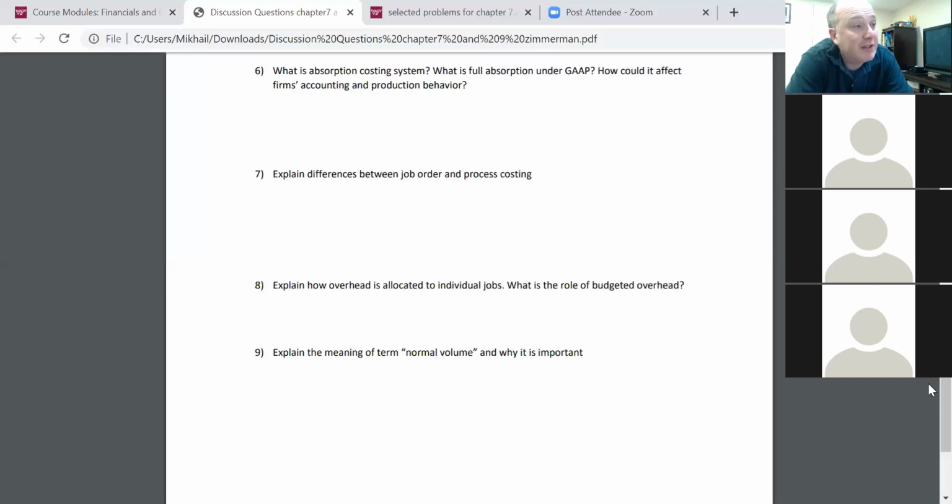So this $50,000 you've under-applied to different jobs. What are you going to do with it? You need to either reallocate it somehow between the 3 different classes of jobs or programs, or you just need to outright expense it. Maybe if it's not a material difference, you would just say, forget it, I'm just going to take it as an additional expense without allocating it to jobs. Same thing with inventory or whatever. So if you understand that, that's all I care about.